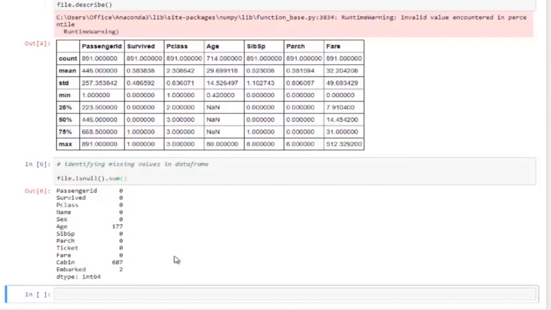Now since we have identified the missing values, let's see how we can treat them. The very first thing that we usually do is drop the observations or entries wherever there are missing values. So first of all, let's drop all the rows wherever there are any missing values.